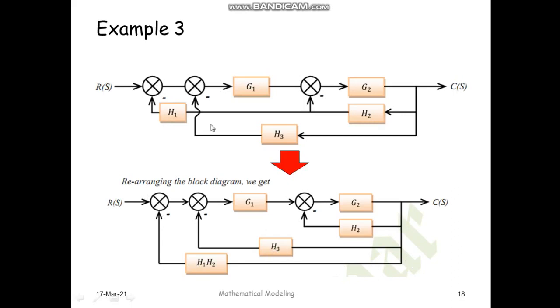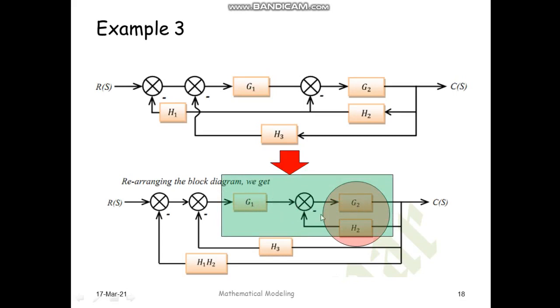And now H3 is remaining, which was taken directly out from the C(s), and then it was connected to summing point number 2. So this particular line is shown as it is. Now after looking at this diagram, you can see the minor feedback loop which includes functions G2 and H2. So let us try to eliminate this minor feedback loop, which will be G2 divided by 1 plus G2 into H2. Then after eliminating this minor feedback loop, the single block which is presented here will be multiplied with G1, because they both are in series.